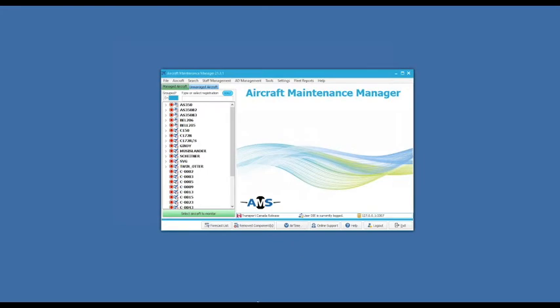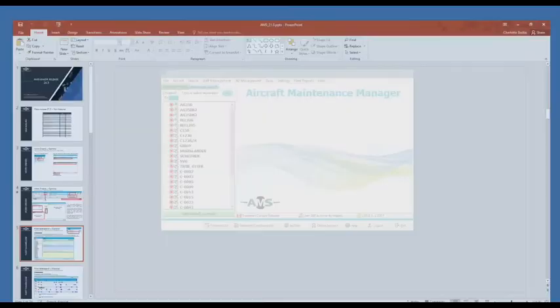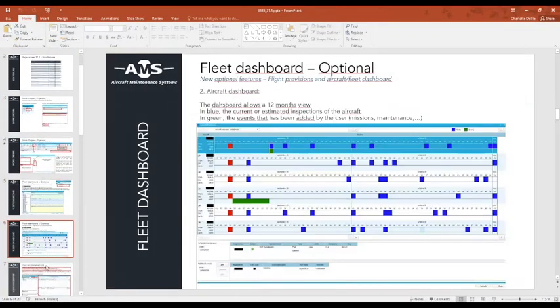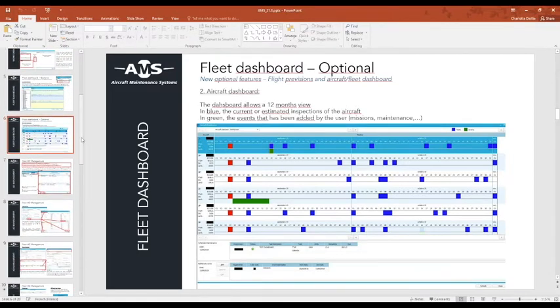So that's what it is about the fleet dashboard. On my screen, you can see an example where I have more than one aircraft. So you can see that you have a view of a complete fleet. But okay, so that's for the fleet dashboard. So as a reminder, work order and fleet dashboard are optional modules. Let's go now inside what will be included if you install the versions in the next few days.